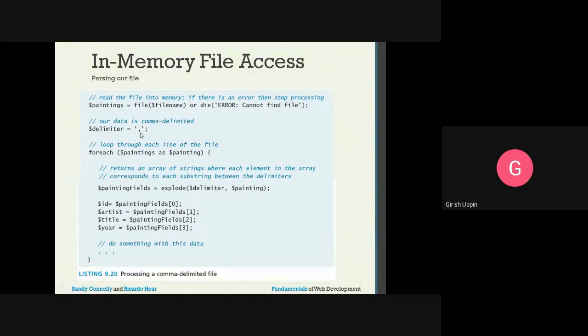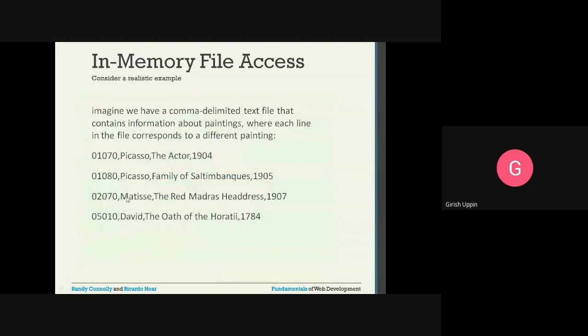$delimiter is a comma, and for each painting, this complete file is read into $paintings as an array. So how many elements are there? 4 elements will be there. Each line would be one array element.